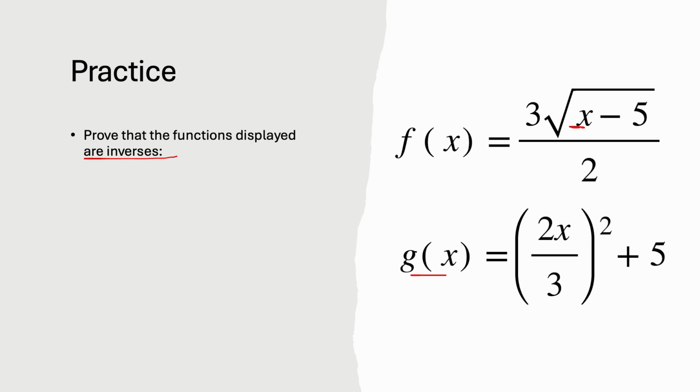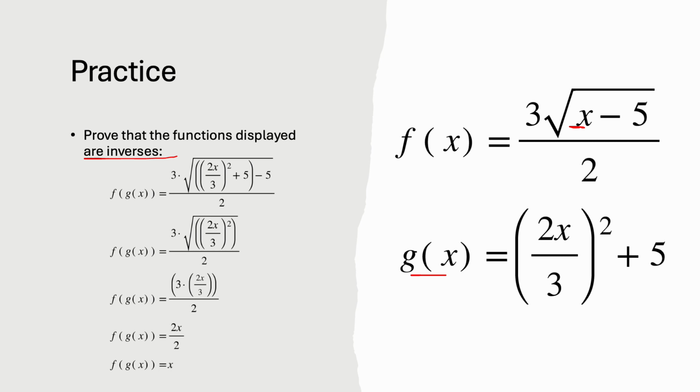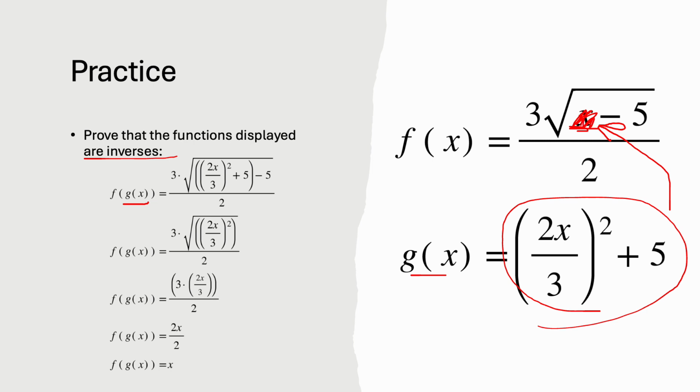All right, now hopefully you had some idea of how to approach that. If not, that's fine, we're going to go over it right now. Again, this looks a lot more scary than it actually is. You guys can do this. If we're replacing x in f of x with g of x, f of x normally is 3 times the square root of x minus 5, over 2. So basically what we're going to do is take this g of x and make x this. And so we get this absolute monstrosity of a function. You might be thinking, oh my god, this looks so complicated, I can't solve this, this is far beyond me. It's not, because if you notice,